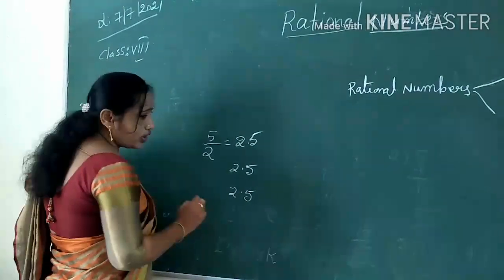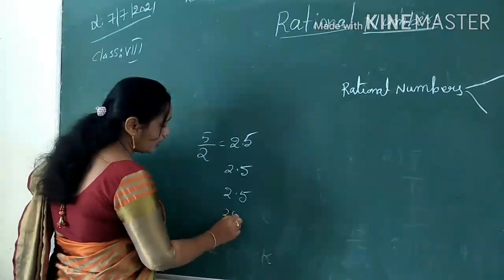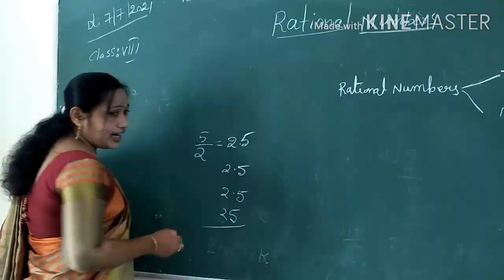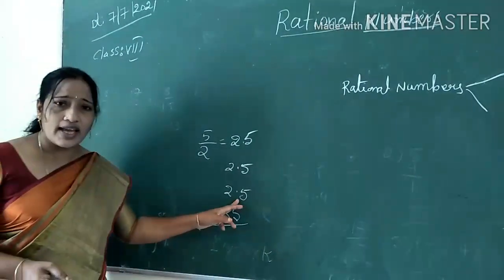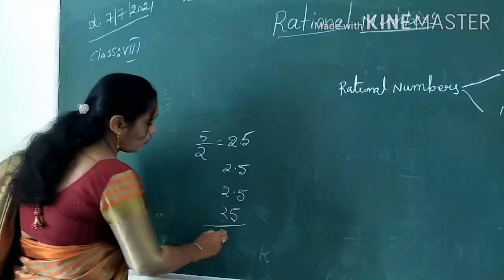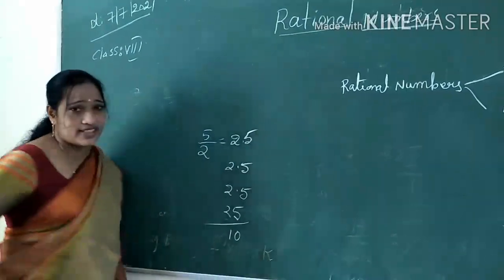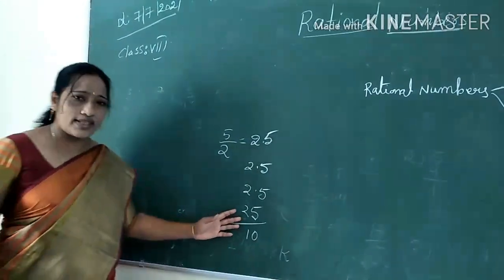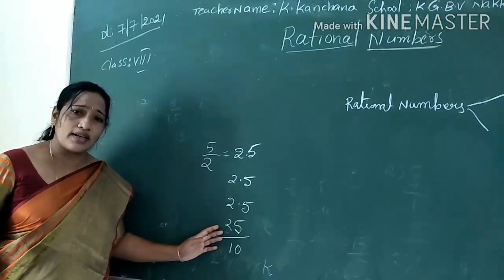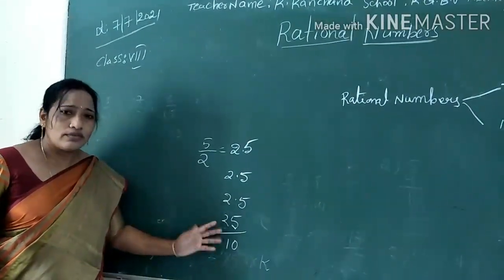First, as usual, write 25 as the numerator, with no need to think about the decimal point. And the denominator also. How many decimal places are there? Only one, so we take 1 followed by one 0. This is the fractional form. A fractional form is nothing but a decimal number, and a decimal number is nothing but a fraction.